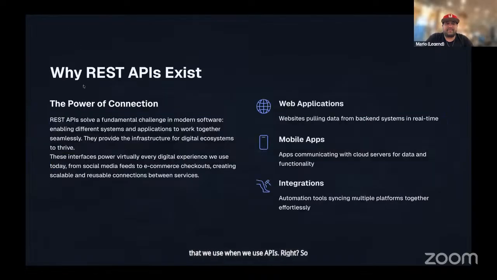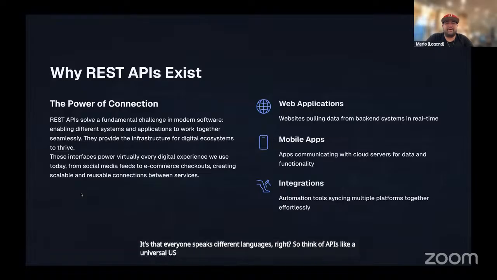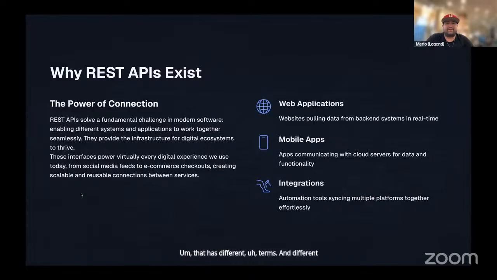So let's talk about why REST APIs exist. They solve a fundamental challenge existing in modern software. It's that everyone speaks different languages, right? So think of APIs like a universal USB connector that has different terms and different styles of communications because everyone